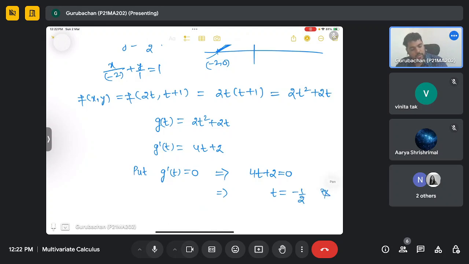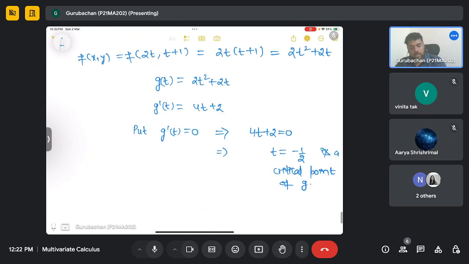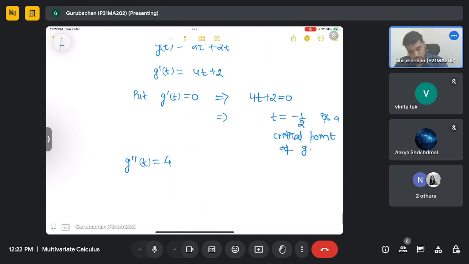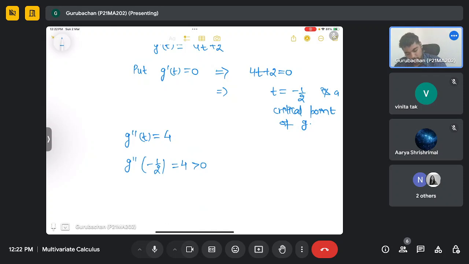So the critical point of our function g. Now g double dash of t, since we need to apply the second derivative test, g double dash t is 4. So g double dash at minus half will also be 4, which is greater than 0, and therefore